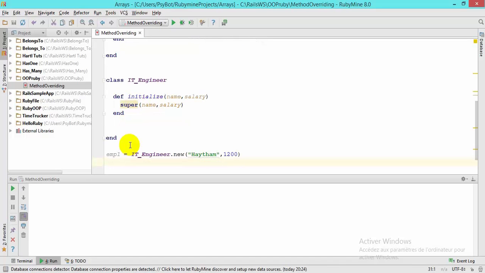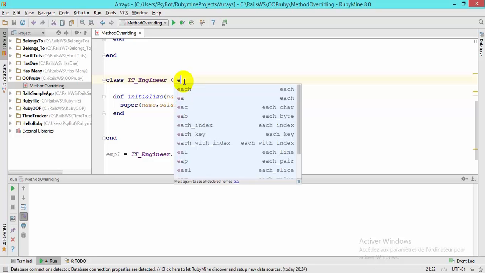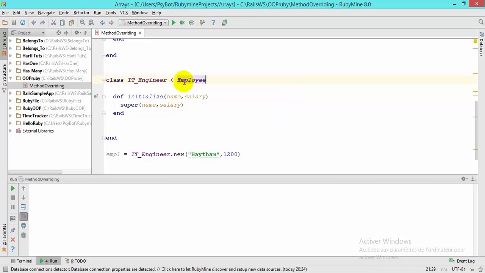So now I'm going to make my class ET engineer inherit from my class employee. To do that, like I showed you in the previous video, you have to type the less than symbol, followed by the name of the class that you want to inherit from. So our superclass here is employee. So now when you write like this, your class ET engineer is inheriting from the employee class, and